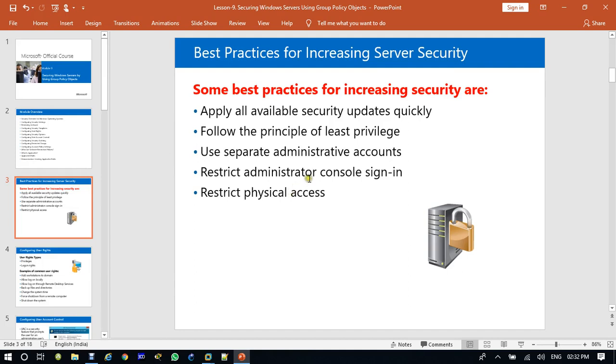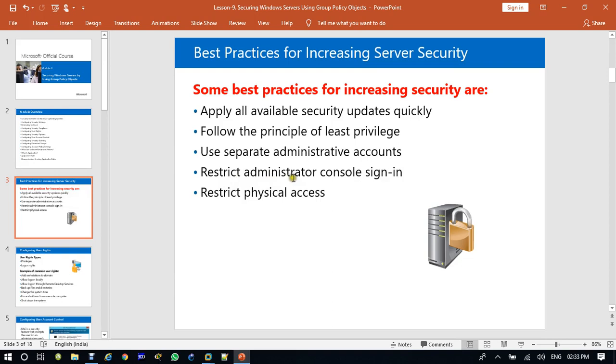If you share a single username and password with other admins, you will not recognize who has access at what time and what they have configured on the server, because you're using a single username and password. That's why, if you want to analyze your server configuration and monitoring, you need to create separate administrative accounts and share them with your sub administrators or junior administrators of your company.